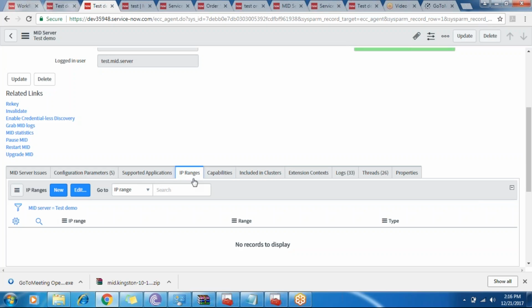And the IP ranges are used whenever the network is very complex and there are many MID servers or servers in the system. We just give the IP range of the network here, and in that IP range only, the MID server will work. So it is again used in large organizations where the network is very large and there are many MID servers. Right now it's just a simple demo, and I made only one machine, my laptop, as a MID server. So IP ranges are not needed as of now. So this is all about threads.